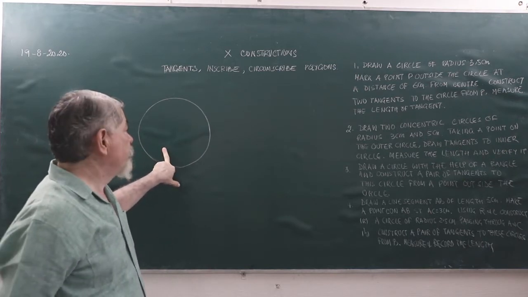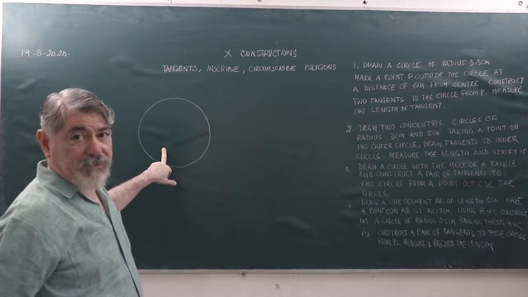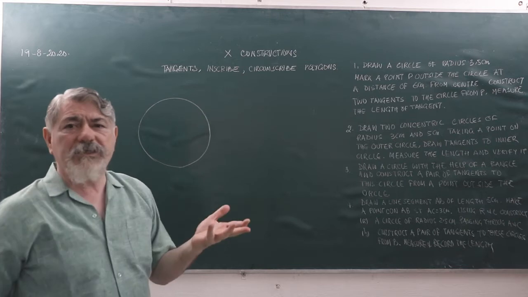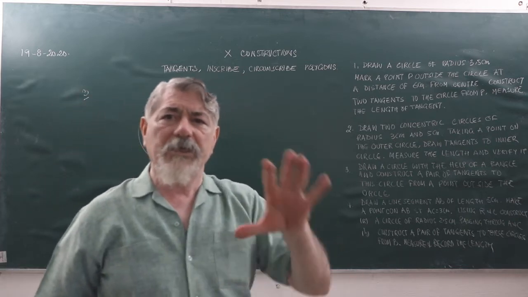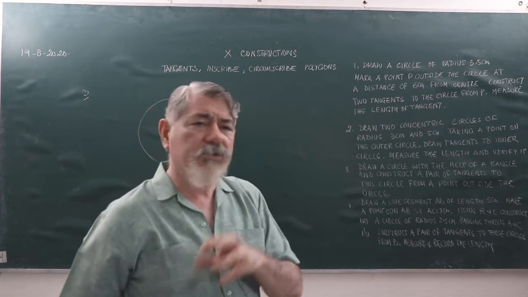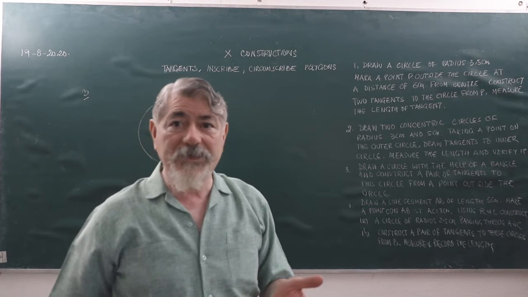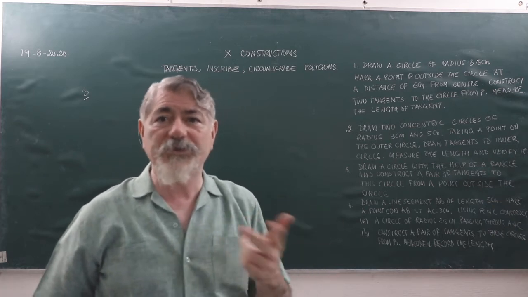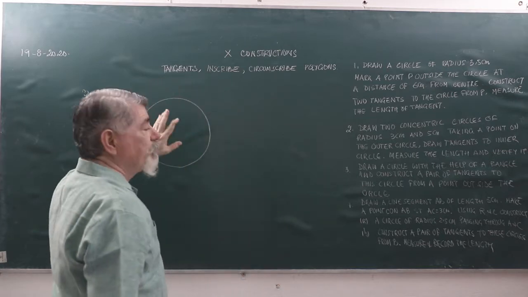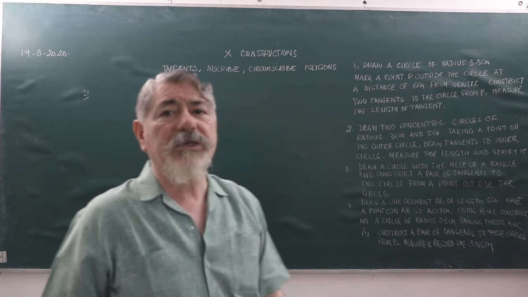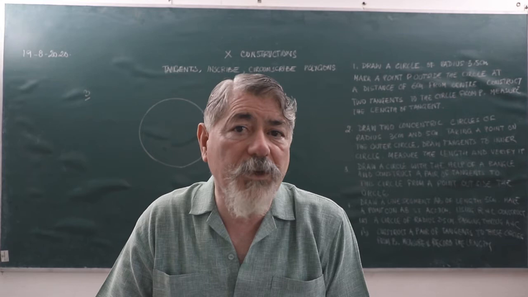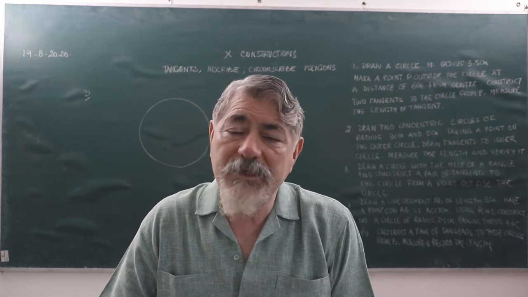But here you don't know the center of the circle. And because for drawing a tangent I do need the center of the circle, the first question will be how to find the center of the circle. This bangle could be small, could be big. There could be a cap which is large or small. It depends. But we don't know the center, because we are not using the compass to draw it. We are drawing a circle just like that. We don't know the center, so we have to find it. Again, for finding the center of the circle, we will use the properties of circles.